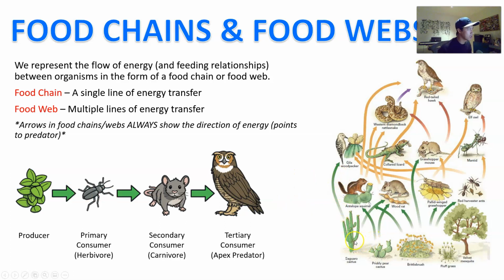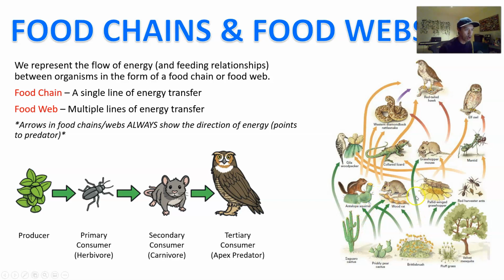On the other hand, the food web shows multiple lines of energy transfer, and you can see here the food web showing from plants to insects, and you can see that even though it's called a food web, it's not actually shaped like a web. It actually is generally moving in one direction, which is in this case up. You can move in any sort of direction you want, but generally speaking, in this particular picture, you can see that the energy is moving up and up and up, and then the red-tailed hawk being the apex predator.